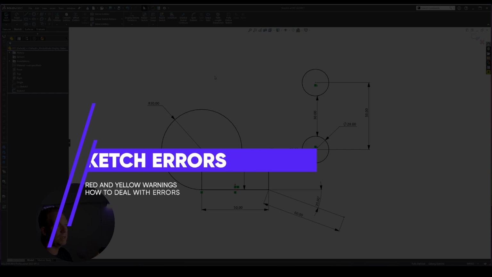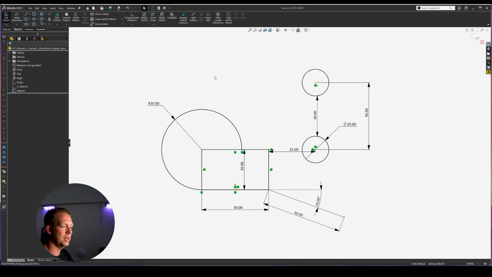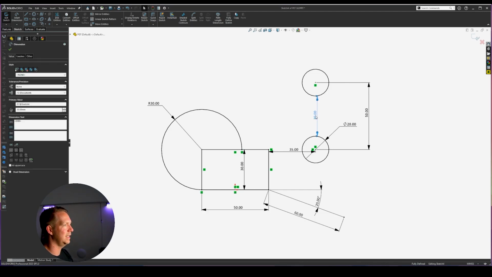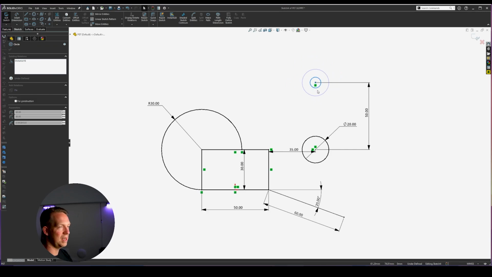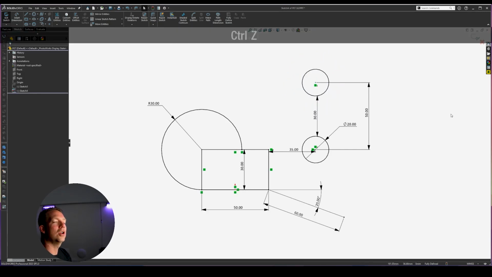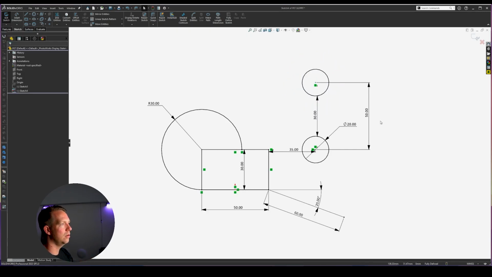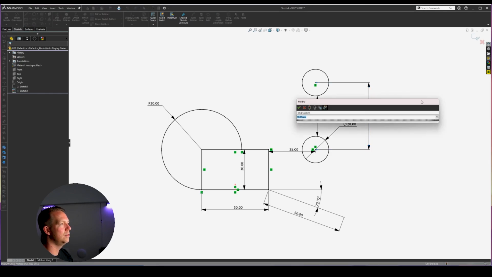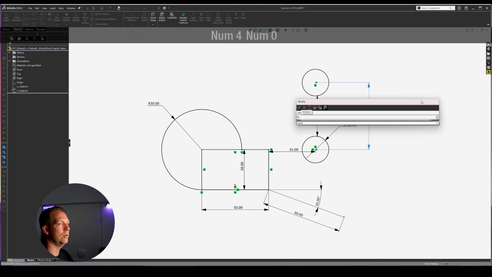Right, so with dimensions, just like with the relations, how you can delete them, you can also delete dimensions. So I can delete this 30 dimension by clicking on it and then hitting the delete key. That means this circle is now underdefined. I can move it once again. You can also change dimensions though. So if I want this 50 to be 40, I just double click on that dimension, type in 40, hit